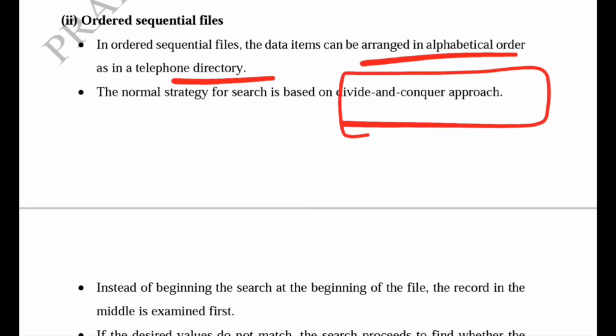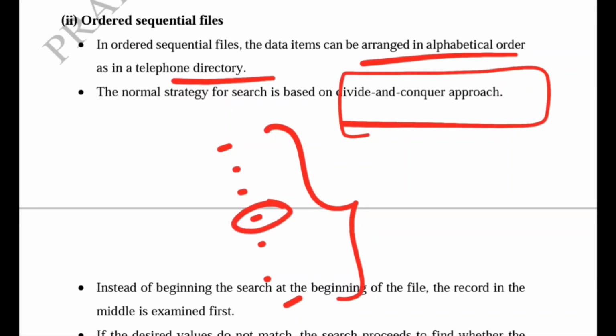The normal strategy for search is based on the divide and conquer approach. Means in this type of ordered sequential file structure, if we want to search for any item, then as it is stored in alphabetical order, we find the middle data. After finding the middle data, the search item may be above this middle data or below it.